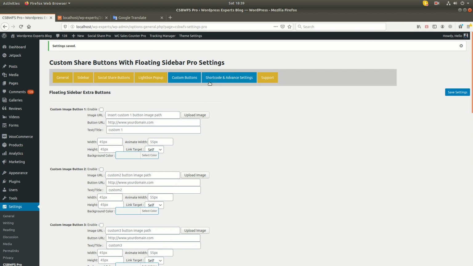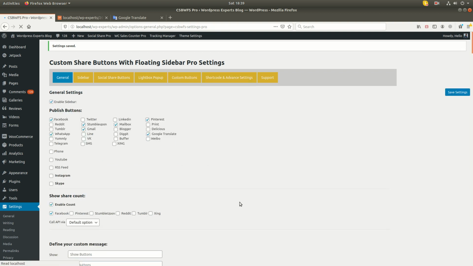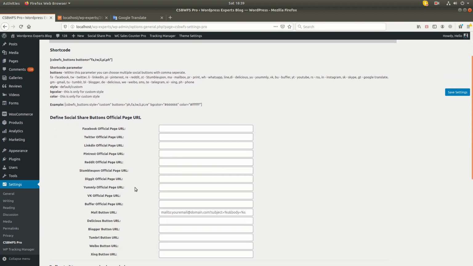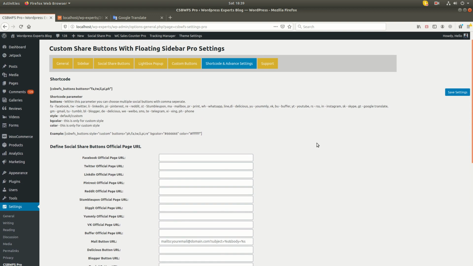Okay, so custom button is now clear and advanced. Here we have given one more feature in our add-ons. You can use any share button as your official social site button.